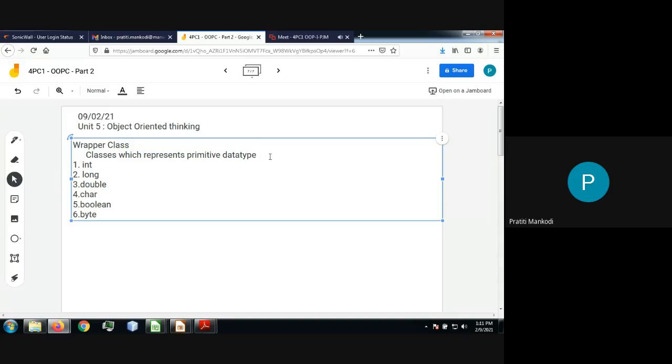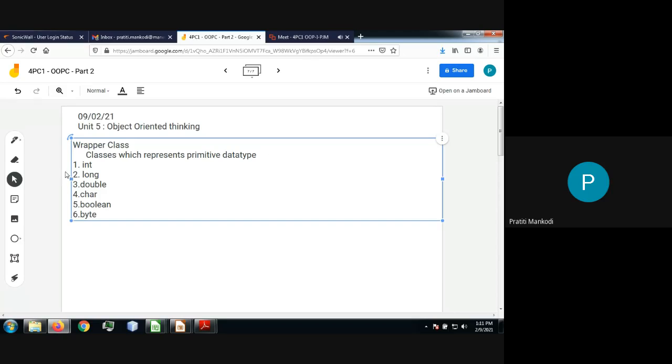So these are some of the primitive data types we use. Now for each primitive data type, Java has a specific wrapper class associated with it. I repeat, for every primitive data type, Java has a specific wrapper class associated with it.